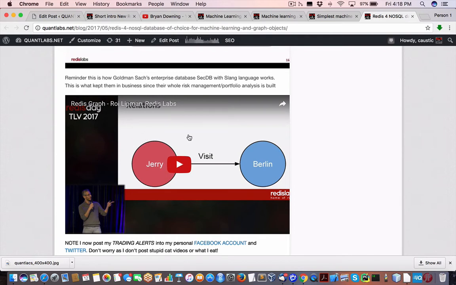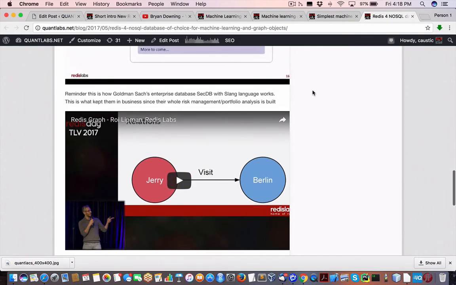So knowing that SecDB is basically a graph database, and if you watch this database to understand how graphs and binary trees are built, and now you have the capability of using Redis in memory, being able to use that technology and the methodologies of graphs, it opens up a whole different level of looking at how you can approach trading and trading solutions.